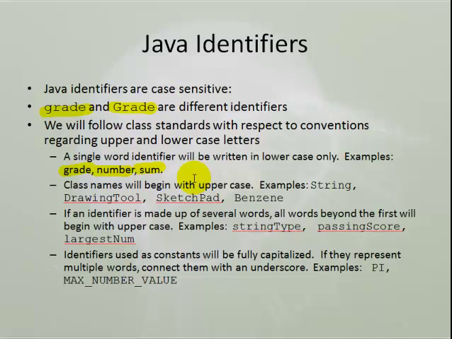We're going to give them a whole word, and when you give it the whole word, I will encourage you to be descriptive in your naming of the variable. So grade, hopefully, contains a grade. Number, a number. We don't know if it's an integer or a real number. And sum, maybe you're doing some computation in your program, and sum would be a great name for the sum